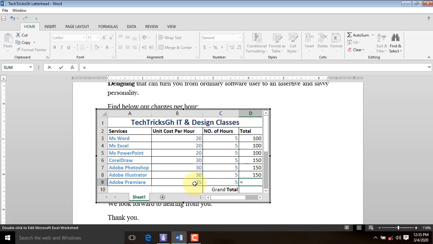Type the equal sign at the beginning of the formula. Then multiply B9 by C9 using the asterisk sign and press the Enter key on your keyboard to see the results. To get a grand total,